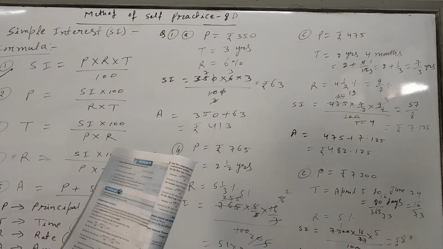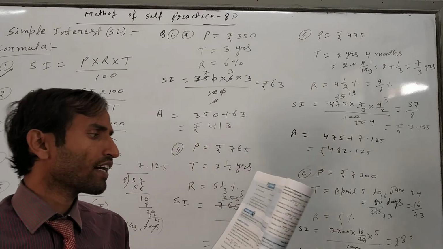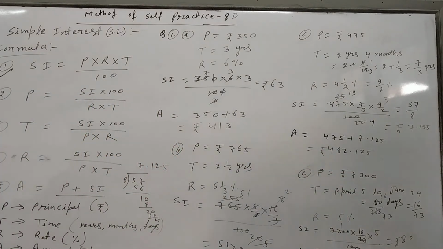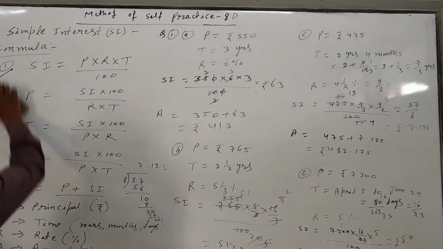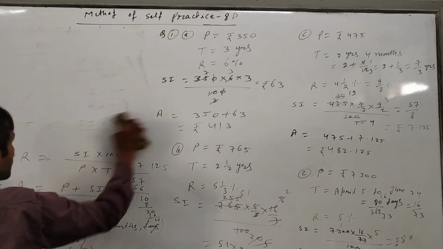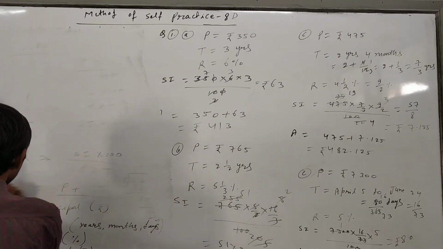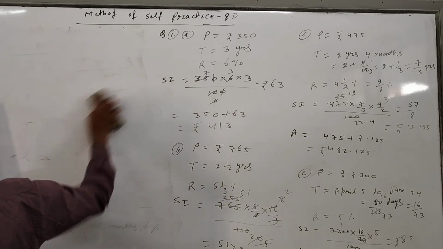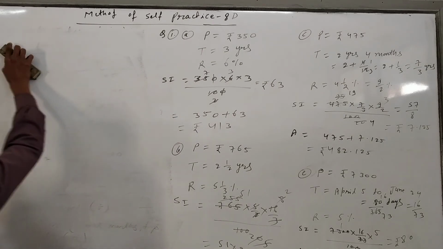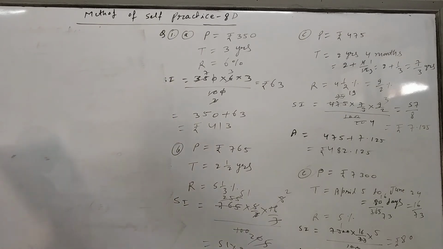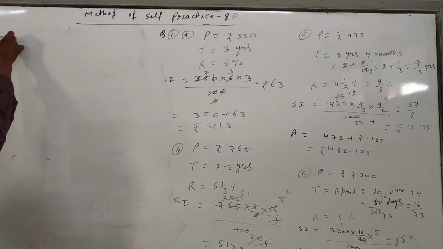Okay. Question number second and fourth I will do now only. First of all, read the question number 2. So how will we solve question number 2? First of all, just read question number 2. Here the question is given. In question number 2, here we have to find rate percent. So what will we do in this case? First of all, just write down whatever is given.